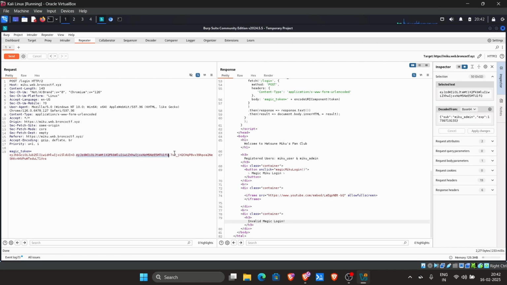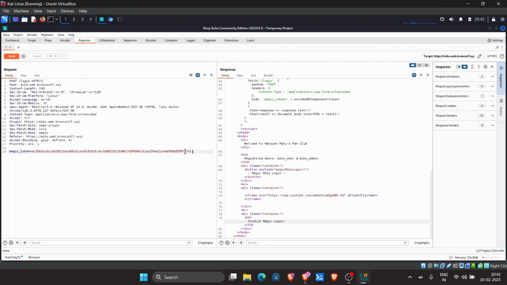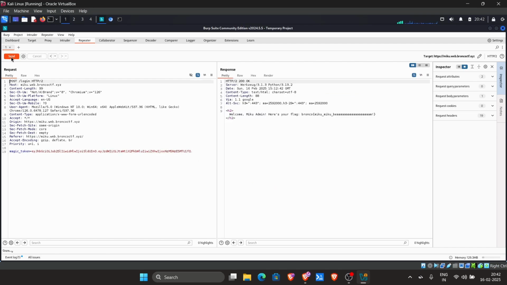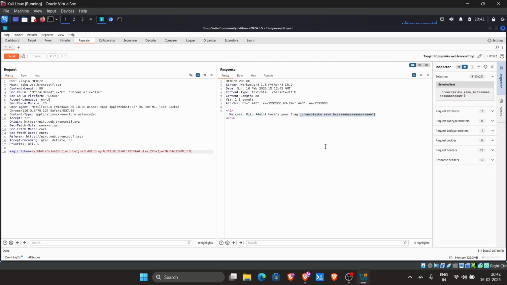And this is fine, this can remain as it is, and I'll get rid of the signing key here, like this. And when I send it, there you go, you will get the second flag. So this is all there is to the exploit. So to recap,